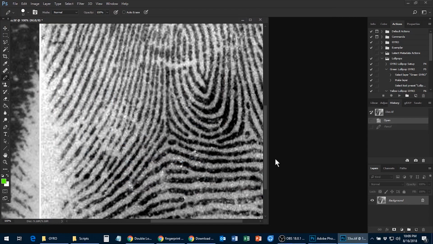Hello, this is Eric Ray, and welcome back to take another look at how to transform Adobe Photoshop into a tool for latent print comparisons. So if you saw the last video on how to use GYRO in Photoshop, this is going to be a slight adaptation of that. So typically when latent print examiners are marking off their points, their minutiae, they're putting down